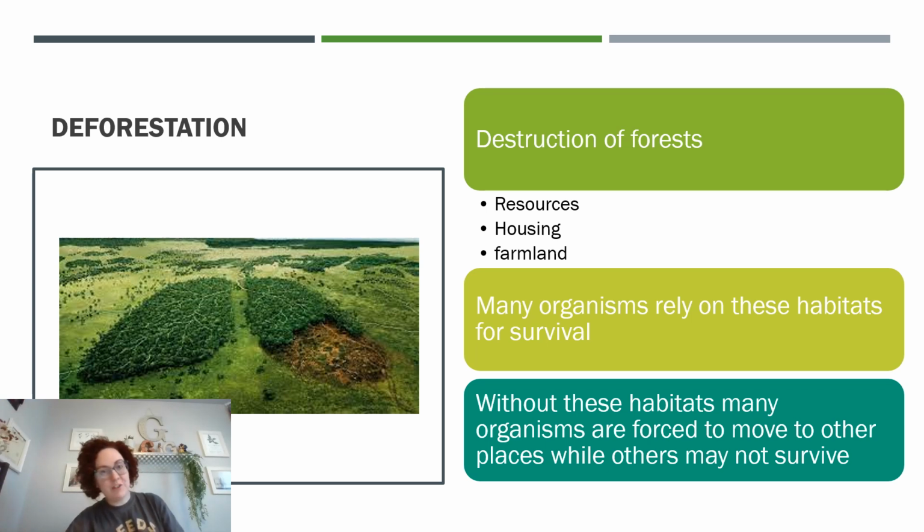Deforestation. So deforestation is essentially taking down large amounts of trees and forests in order to use it for things like resources. So we do need wood for construction and things like that, for places to put homes, and then for farmland. Farmland is usually the biggest reason. Many organisms rely on these habitats that are now being destroyed. And without these habitats, the organisms are then forced to live in places that they wouldn't normally,